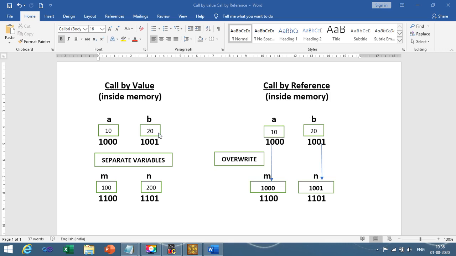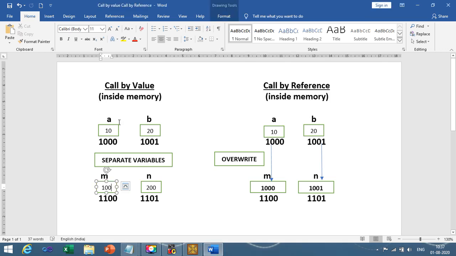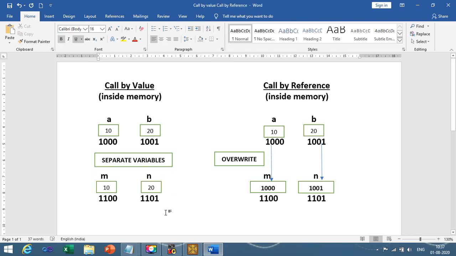When you call the function call by value, at that time we have declared two variables, m and n, right? Again each contains an address of its own. The initial value when we call the function call by value, we are passing 10 into m and 20 into n, right?